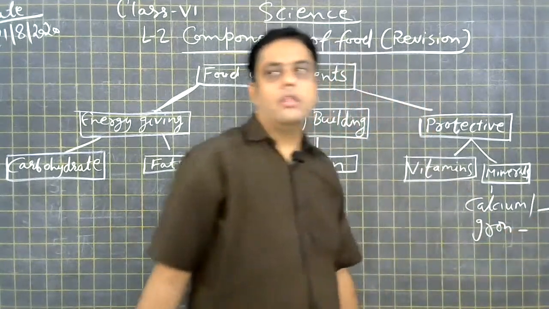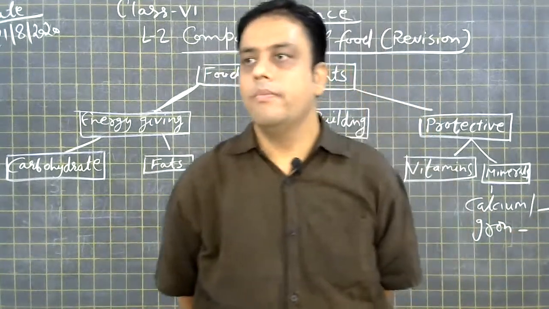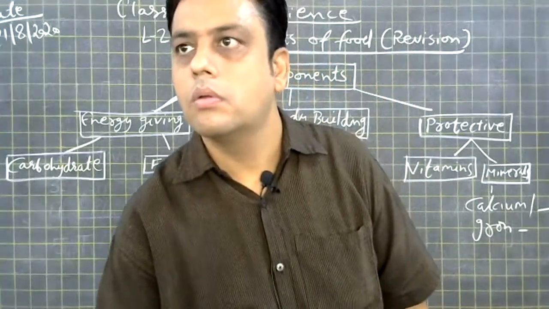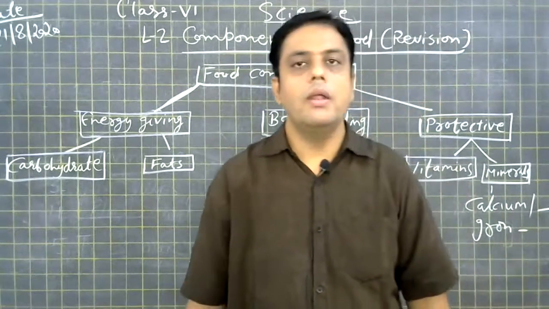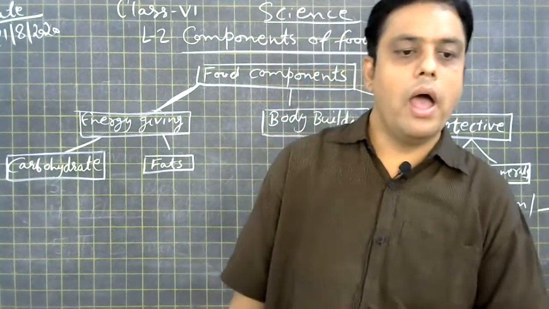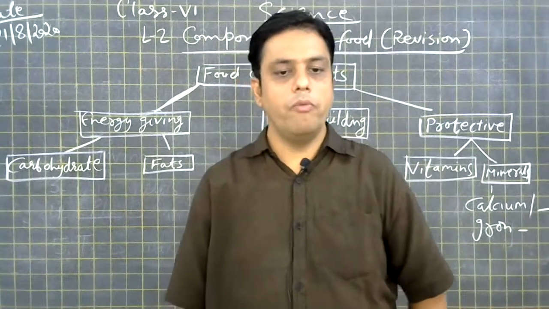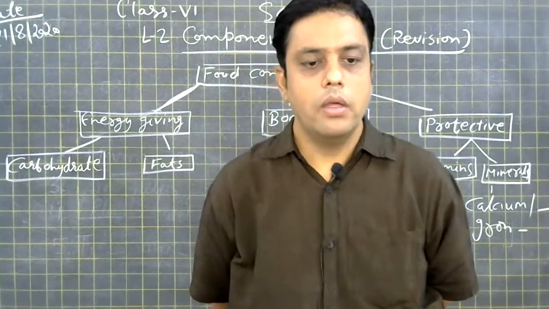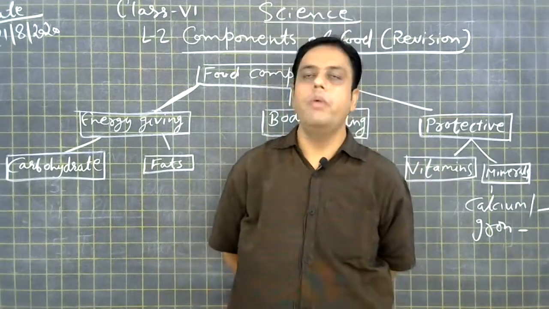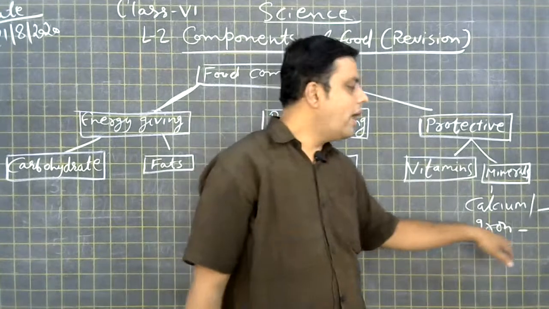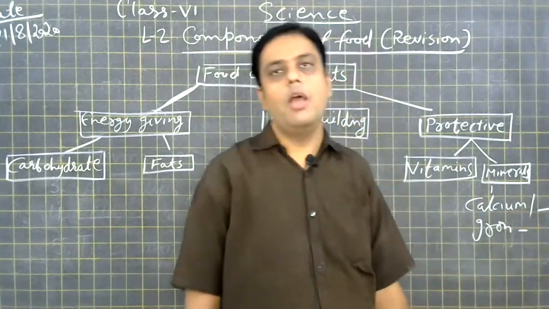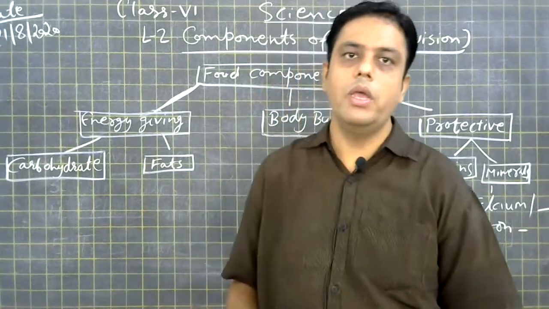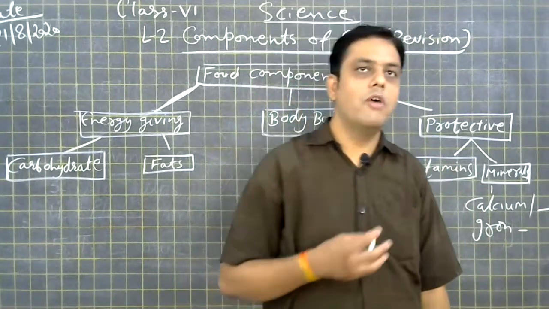Iron is the next mineral that is needed for us. Hemoglobin is present in our blood, so iron is needed for forming hemoglobin. And hemoglobin is a component of our blood. If we do not take iron-rich food, what will happen? There will be a deficiency of hemoglobin in our body, and we will suffer with the